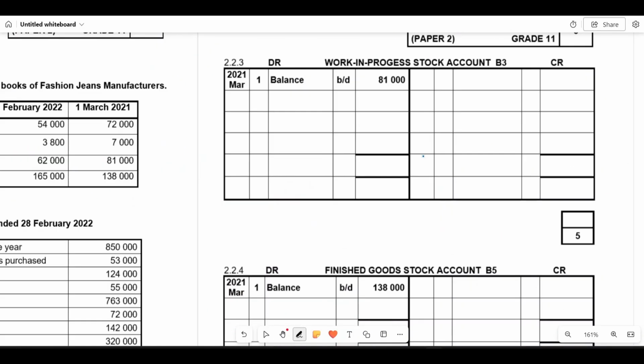Now, moving to your work in progress account. Always, these accounts I'm going to write here, they would always be here, irrespective of the question you're given, right? So always, this work in progress account, remember, you need to transfer it to which account? Your finished goods account, right? And as a result, this increases on the debit side and it will decrease on the credit side. And you will need to transfer this to your finished goods,